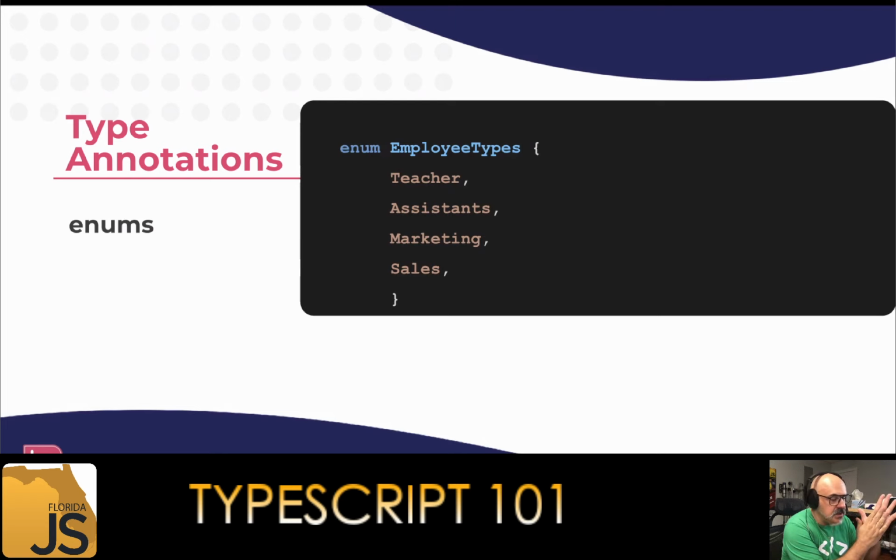I'm old enough to remember when we would say a status. Let's just say a status of an employee. We all are working for an HR company. Congratulations, you've all been hired by me. And we have just 4 positions for these companies: teacher, assistant, marketing, and sales. I don't know why we only have these 4 positions. That's all we do. And we would put position 1 as teacher and position 2 as assistant, as in what we record on the database, instead of recording quotes and lots of strings.